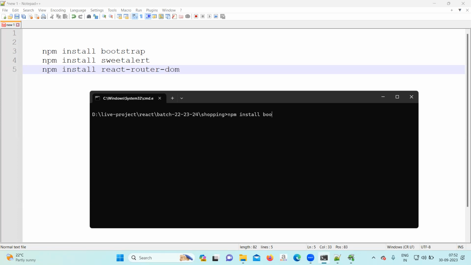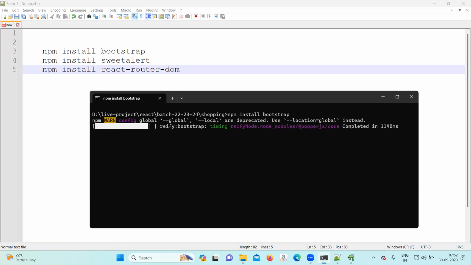npm install bootstrap. In the project folder, open the cmd. There you run npm install bootstrap.